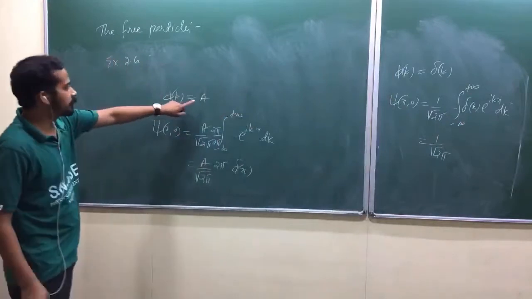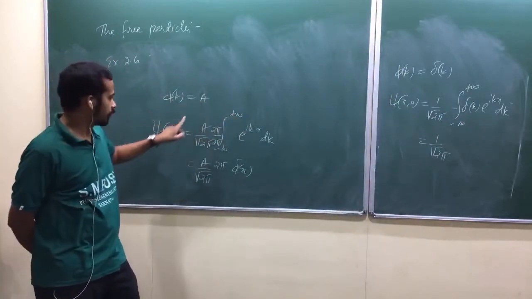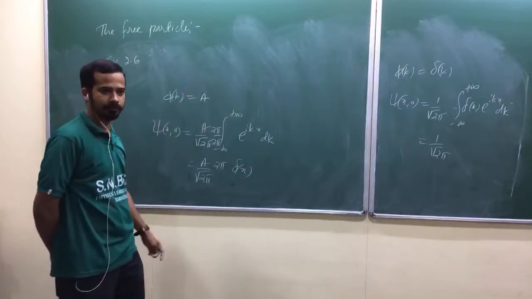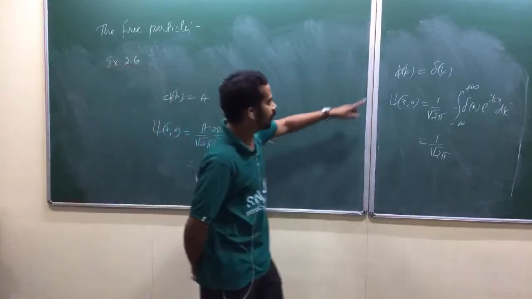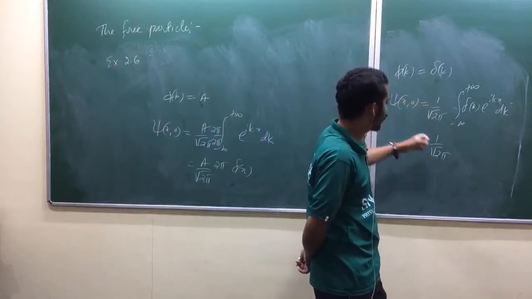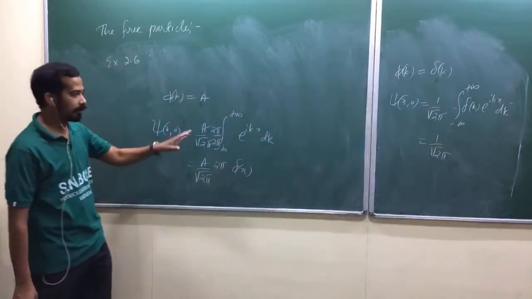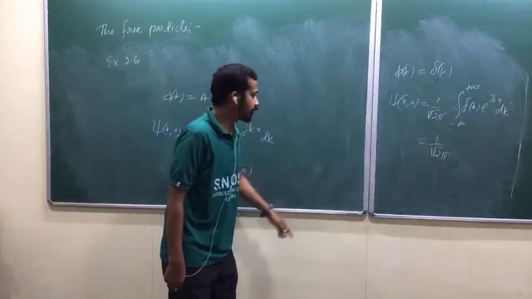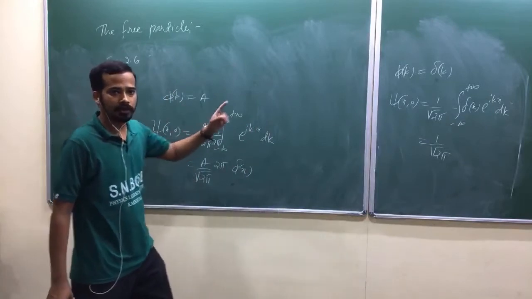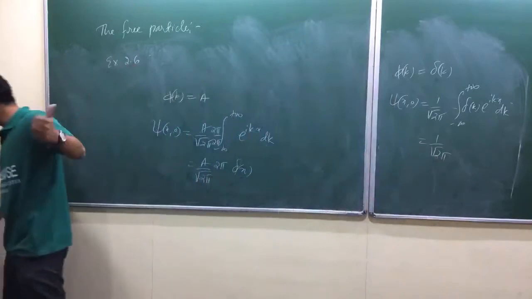If you make the momentum space wave function constant, that means you have a wide range of momentum, your position space wave function will become Dirac delta, very well defined position. Isn't it? If you make the momentum space wave function very well defined momentum, suppose, your position space wave function becomes constant, ill defined. Okay, you can explain that one. And you remember that mathematical point also, okay? Fourier transform of constant is Dirac delta. Fourier transform of Dirac delta is constant. Is it clear? And you can understand uncertainty here.